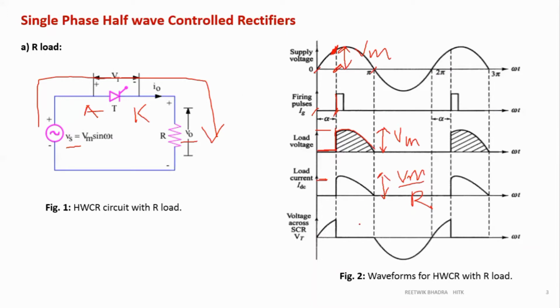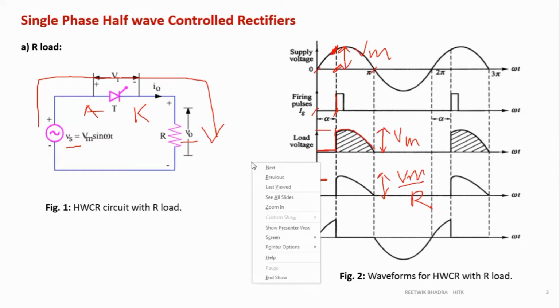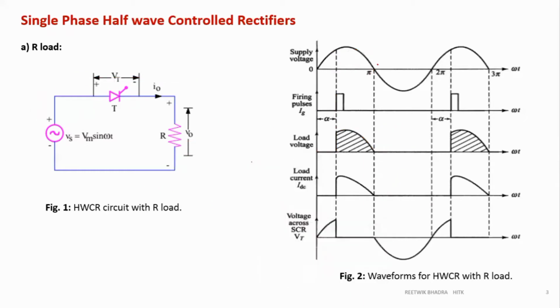Okay. Next thing is that during the negative half cycle, what is happening? So you have understood this one. I am just removing all this. So we are studying from pi to 2 pi, this region. So my source voltage becomes negative. So can I draw it like this? The upper terminal becomes minus, the lower terminal becomes plus. Obviously, yes. So what happens to my thyristor?